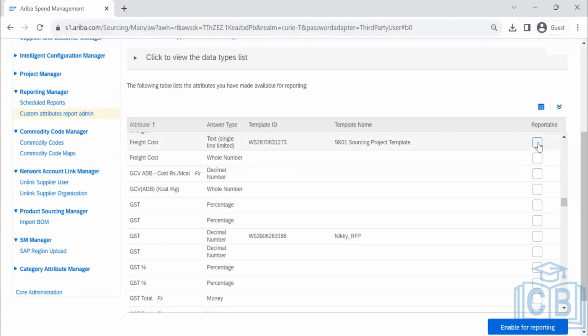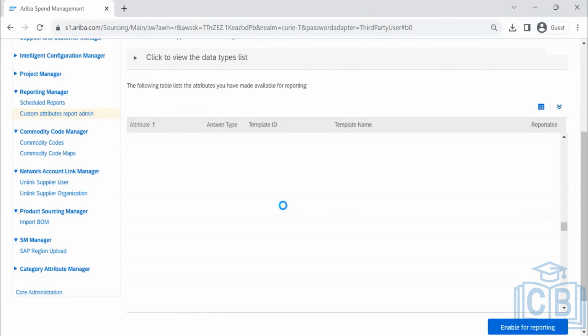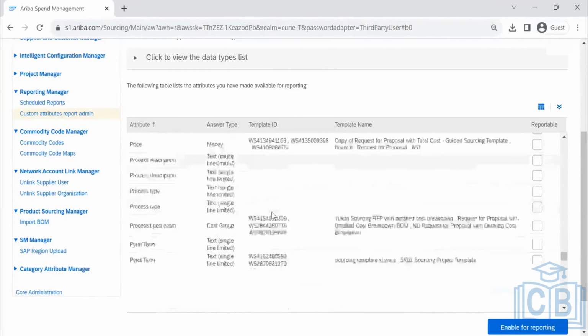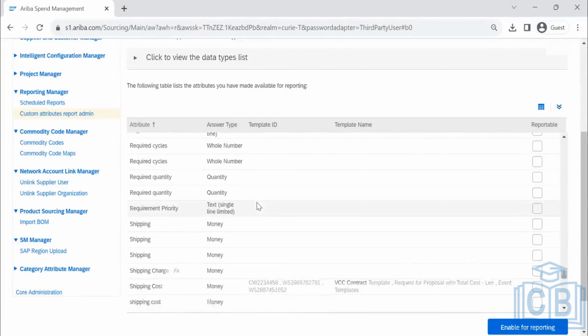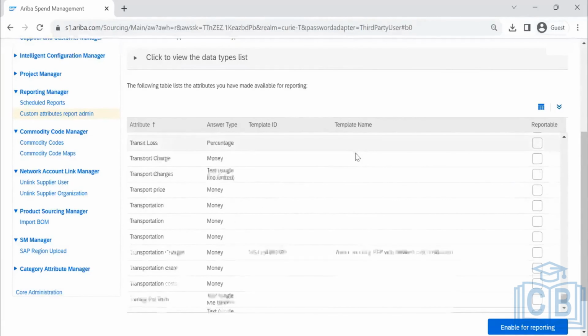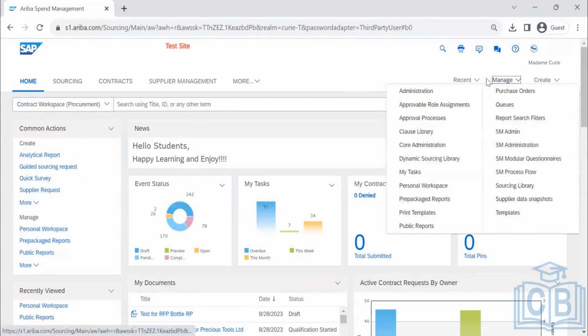If you want to report on this one, you can save. These are all custom created by the user. So Ariba has provided the option to include even those values in your report. So with this, we have seen the reporting side. I want to show you